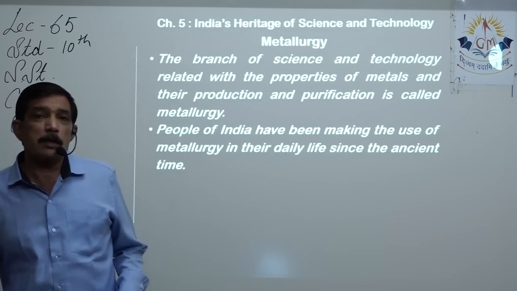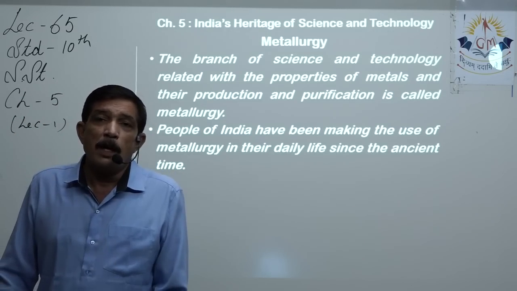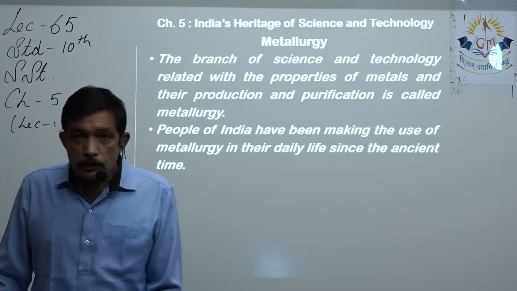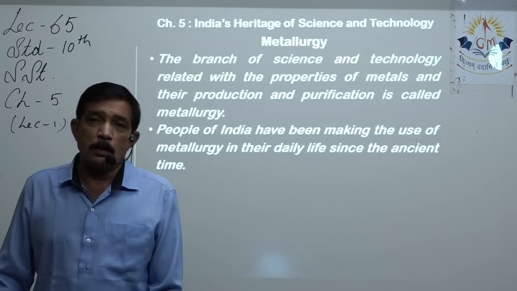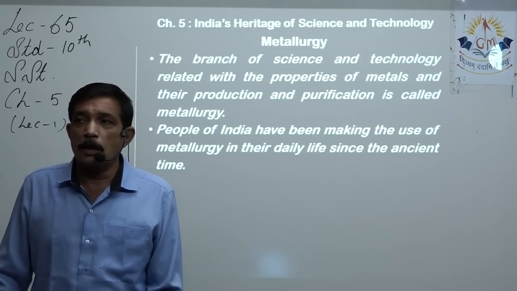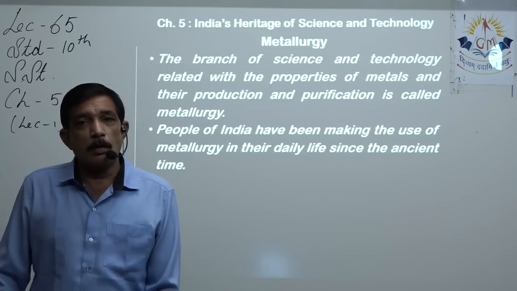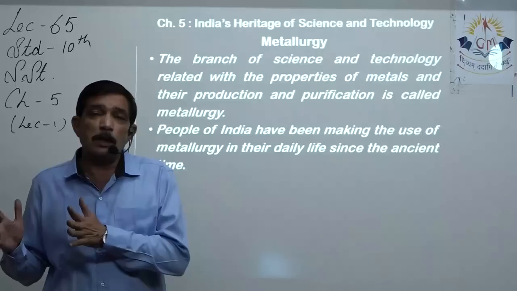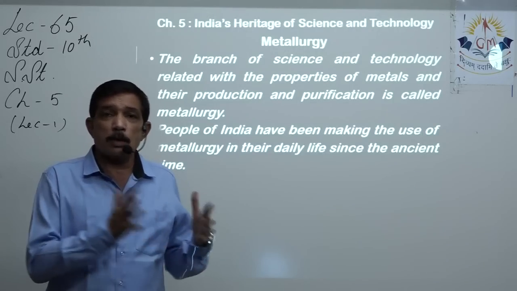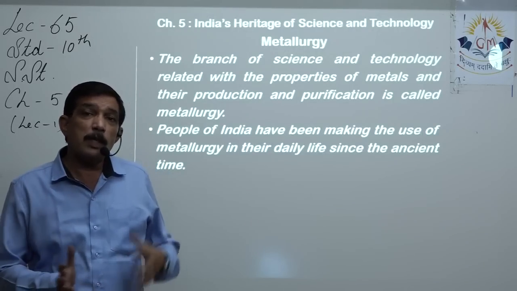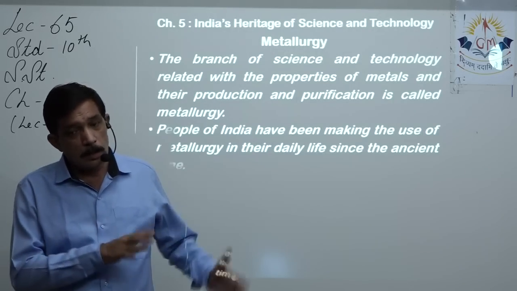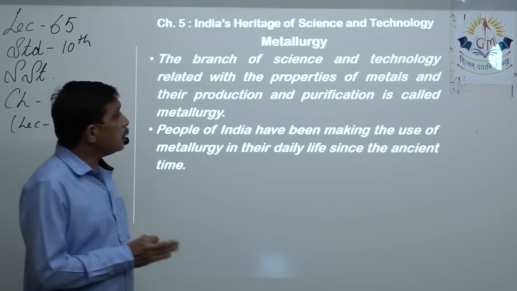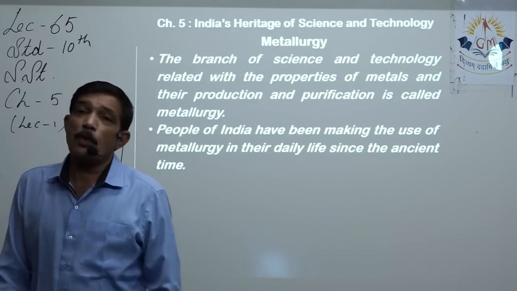Science and technology has lots and lots of faculties inside it, that is branches or different systems with which we learn. For example, learning about the plant kingdom, animal kingdom. Learning about the plant kingdom is one faculty or subject, and learning about the animal kingdom is another faculty or another subject. Same way, the branch of science and technology that is related with the properties of metal. What are properties of metal?